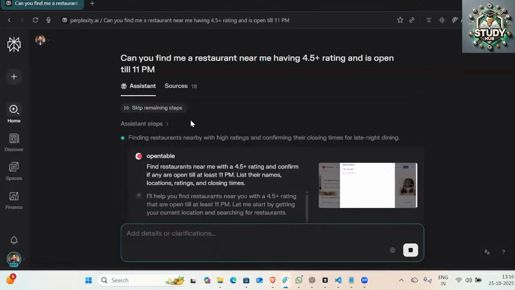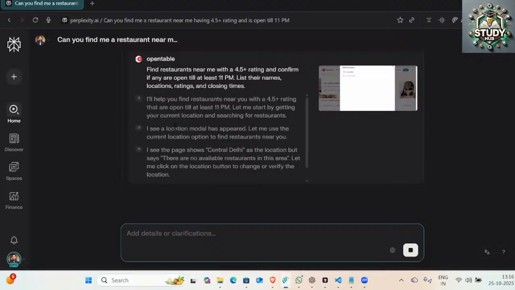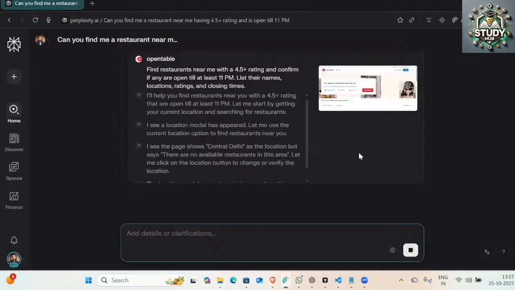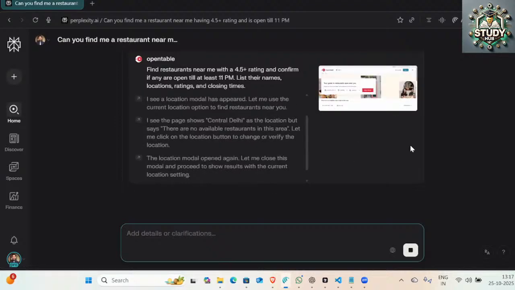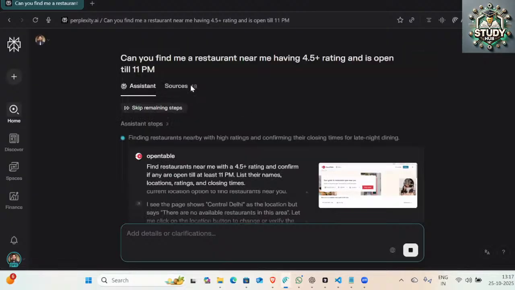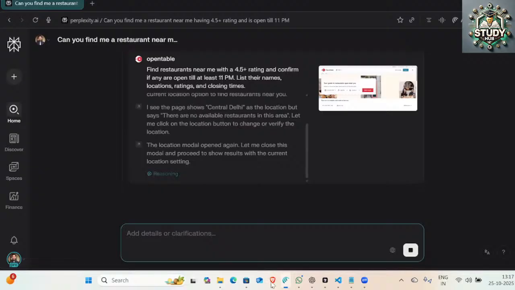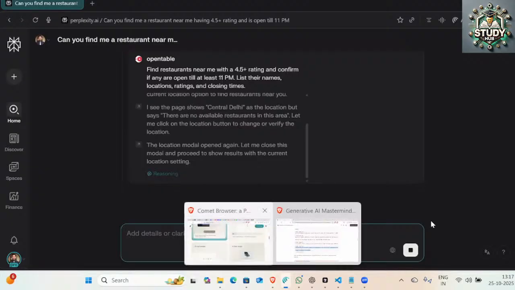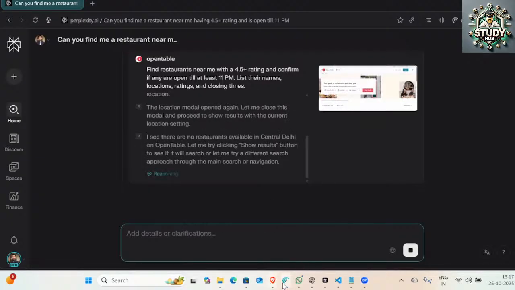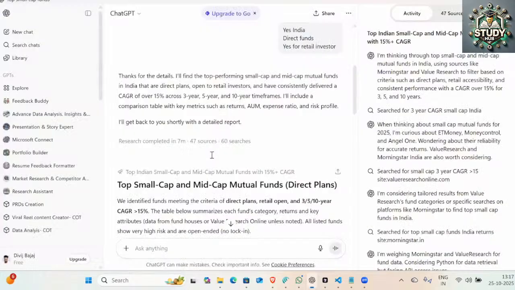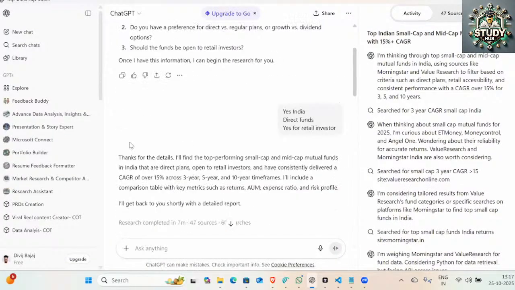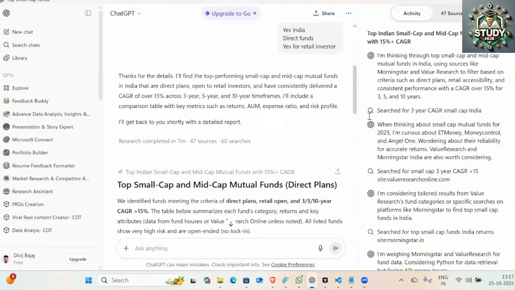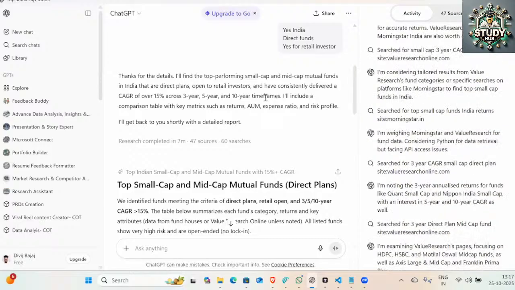It will go and show you the results which are tailored to your query, saving you a lot of time. I can directly get the restaurant options out there once it is done. Right now it is searching for it. I'll come back. Meanwhile, we can see the deep research which was happening. Yes, right. So it has done the deep research. It took 7 minutes to complete and do all these activities.